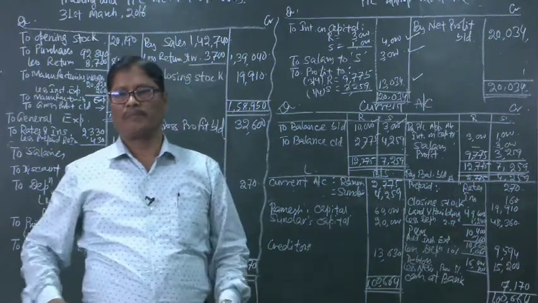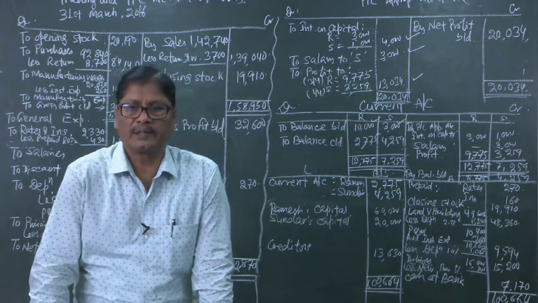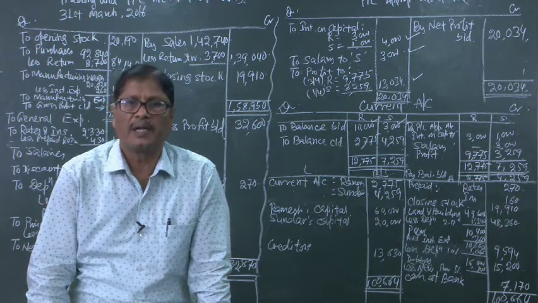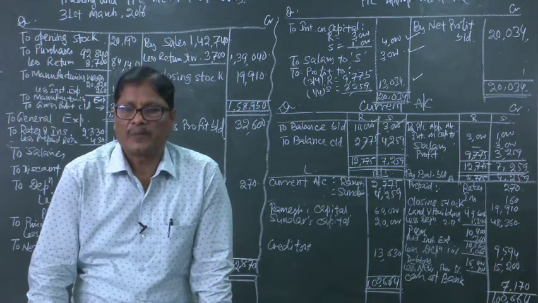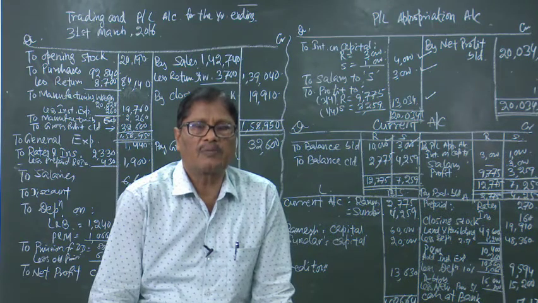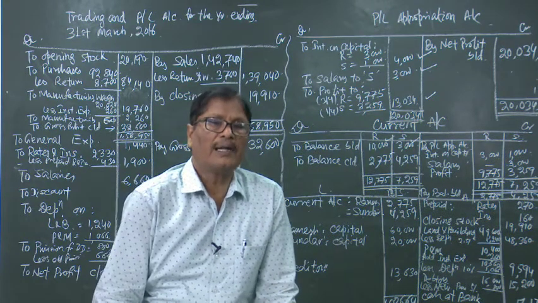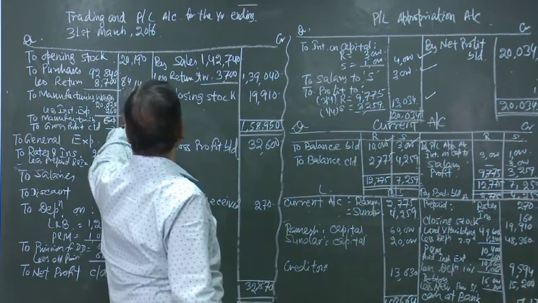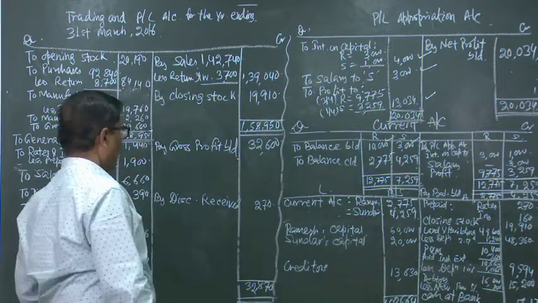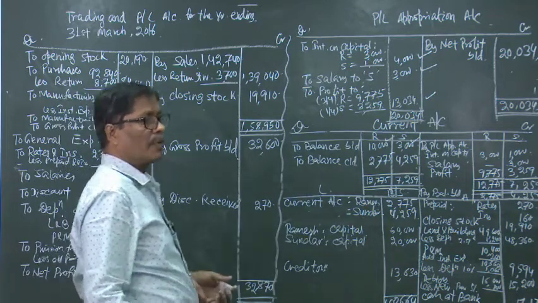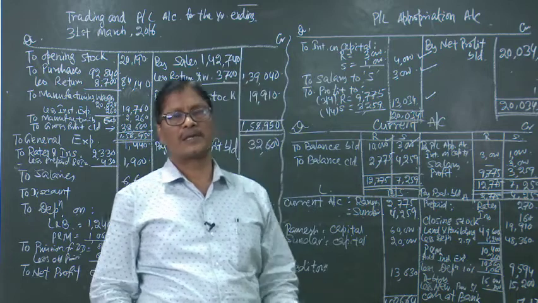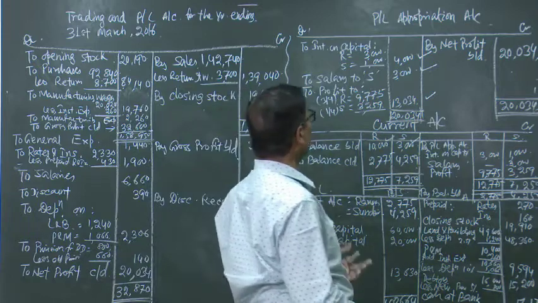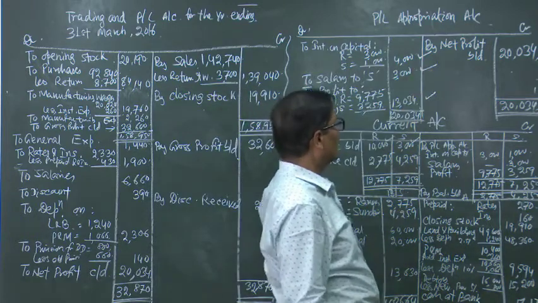We have done final accounts, that is in the case of trading concerns, trading account, profit and loss account and balance sheet, and in case of a manufacturing concern, manufacturing account, trading account, profit and loss account and balance sheet. And in addition we have also covered the trading and profit and loss account, or the final accounts, of a partnership firm. When there is a partnership firm, one additional account is prepared in order to distribute the profit, that is called the profit and loss appropriation account.